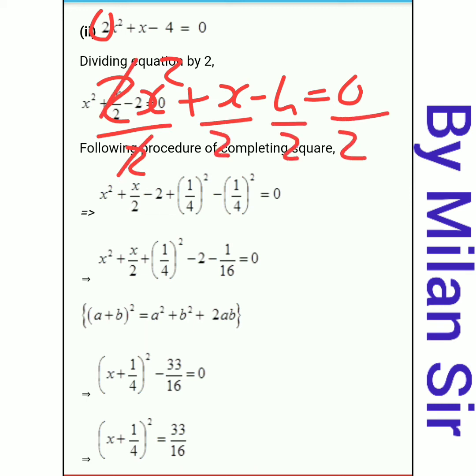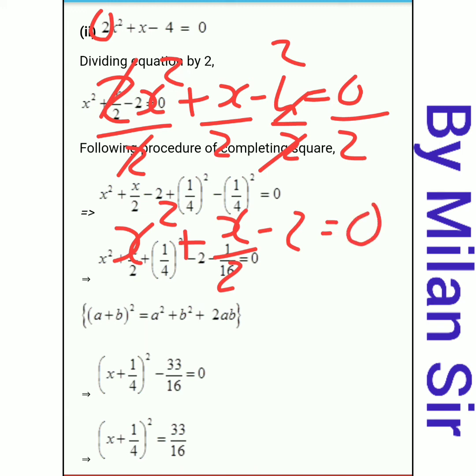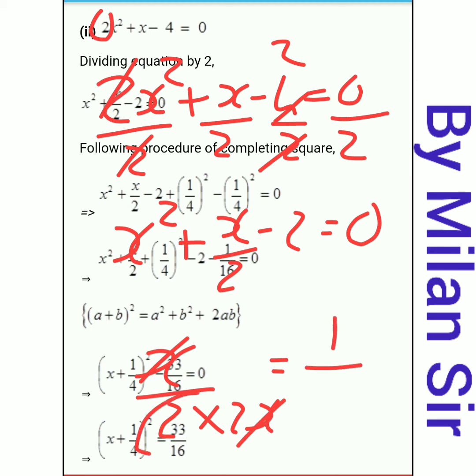Now cutting, what is remaining? It is x squared plus x by 2. Now 4 by 2 we can cut, minus 2, and on the right hand side 0 by 2 is 0 only. Now what is our middle term? x by 2. We need to divide it by 2x. This is a fixed step, right? We need to divide it by 2x. So x cancels, nothing is remaining in the numerator, so 1 divided by 2 times 2 is 4. So we get the answer here 1 by 4.